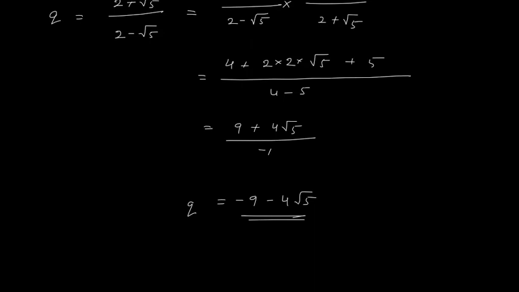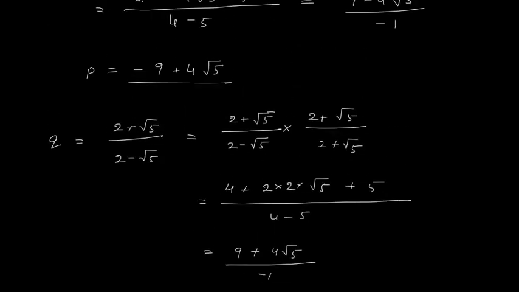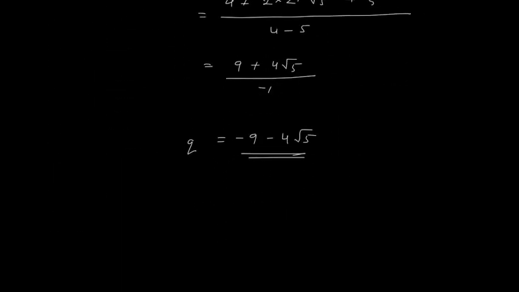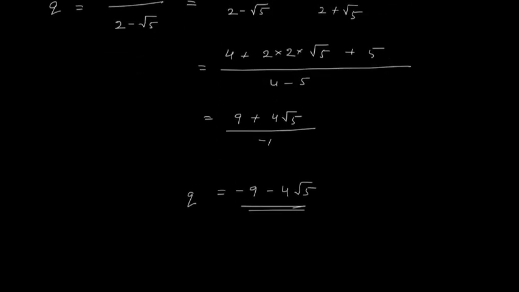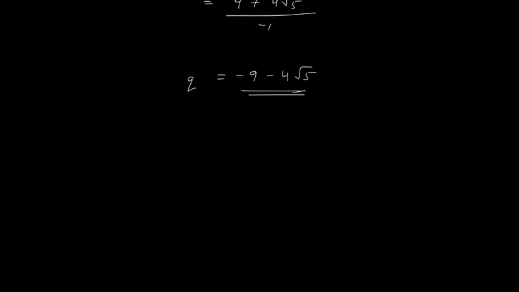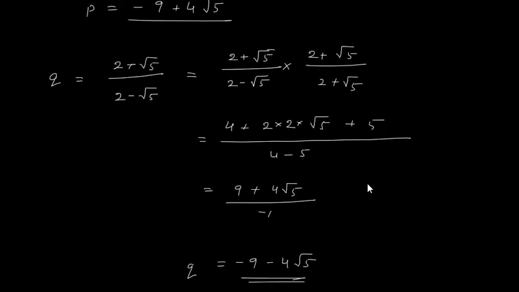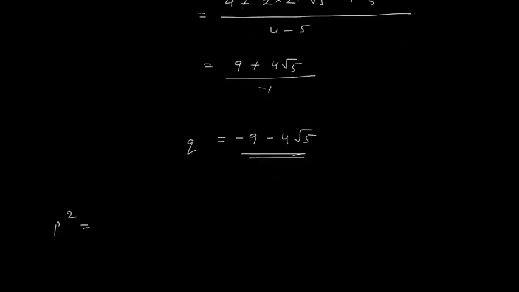So what is the value of P? Minus 9 plus 4 root 5. And what is the value of Q? It is minus 9 minus 4 root 5. Okay. Then I will find P square. P square is minus 9 plus 4 root 5, minus 9 plus 4 root 5